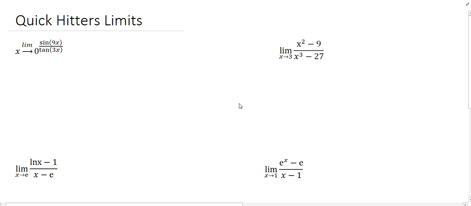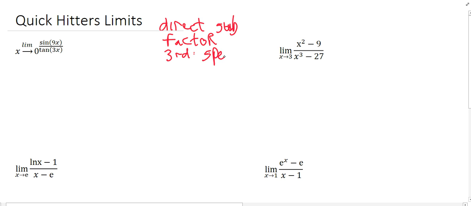Alright, I want to take a look at a few limits, just to review some techniques that we have to take care of limits. First thing you can try to do is do direct substitution. Second thing is try to factor. And the third thing is look for special limits, such as, for instance, if we have sine of x over x as x approaches 0 on the limit,